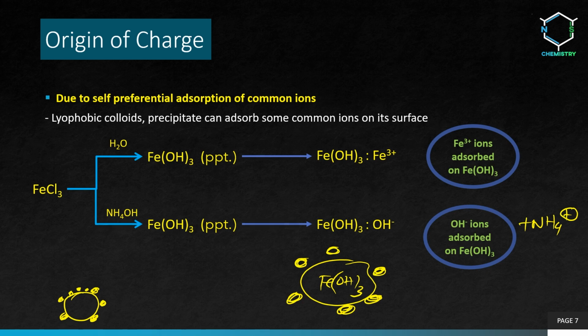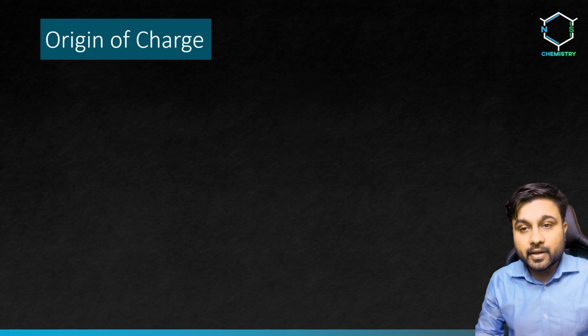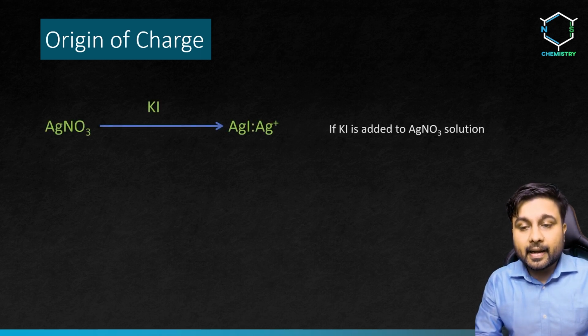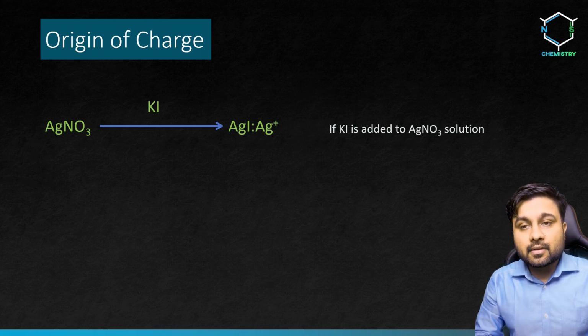So the medium will have positive charge and the colloidal particle will have negative charge like this. Similarly, you can create charge in many other lyophobic sols as well. For example, if you have AgNO3 solution and you add KI, in silver nitrate solution we add potassium iodide. So what will happen? If KI is added to AgNO3,